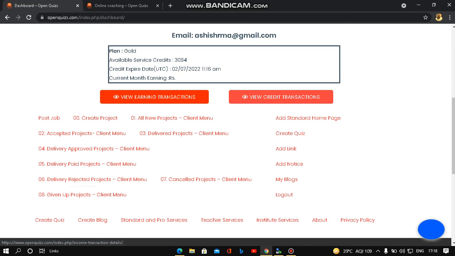Actually, you can find the full details, the credit transaction details, and your earnings. What is earning? See, your home page will also be created. In your home page also there would be batches and all. Whatever money you earn through your home page, that earning will come to your earnings. Then this is the credit spent. Credit spent means you are spending your credits for hiring temporary staff. So you can see all the transactions here.